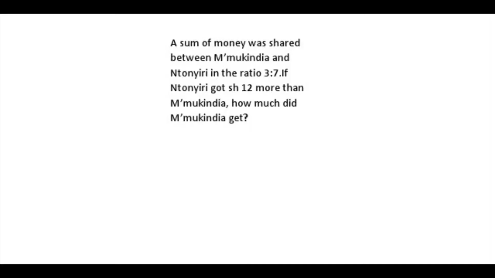A sum of money was shared between Mukindia and Ntonyiri in the ratio 3 to 7. If Ntonyiri got 12 shillings more than Mukindia, how much did Mukindia get? So ratio of Mukindia to Ntonyiri, we have 3 to 7. Then we are told Ntonyiri got 12 shillings more, so we have 7 minus 3, this gives us 4. So the 4 we are having is the more that Ntonyiri had than